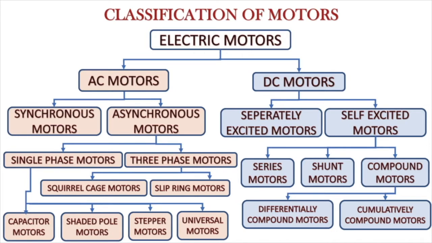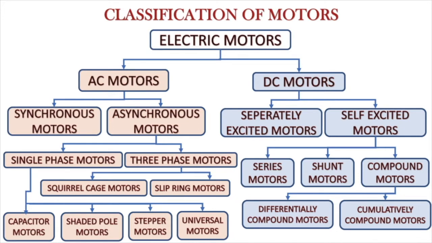So depending on the characteristics required, compound motors can give any characteristics between the extreme conditions of series and shunt motor, which you have already studied in the previous semesters. Now, this semester we have to study about the AC motors. AC motors basically are classified as synchronous motors and asynchronous motors.